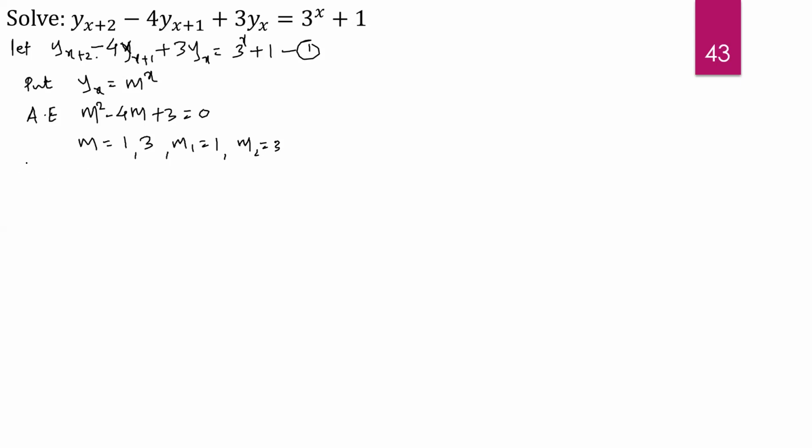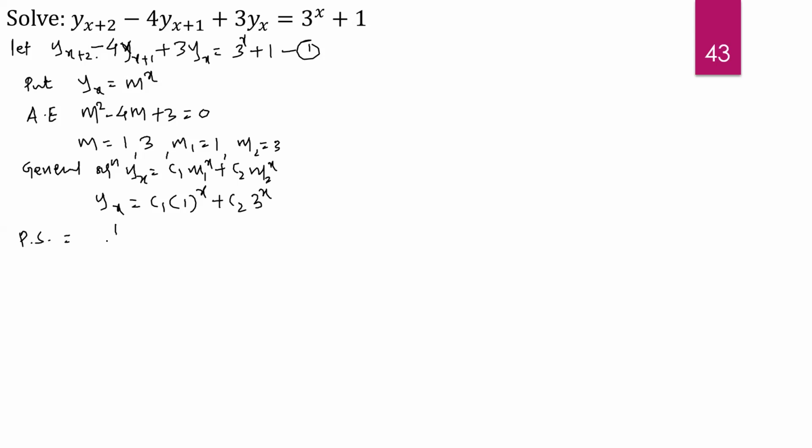Then its general solution is y suffix x is equal to c1 m1 raised to x plus c2 m2 raised to x, that is y suffix x is equal to c1 1 raised to x plus c2 3 raised to x. Now proceed for the particular solution. So 1 upon, in the auxiliary equation, instead of m write E, E square minus 4E plus 3